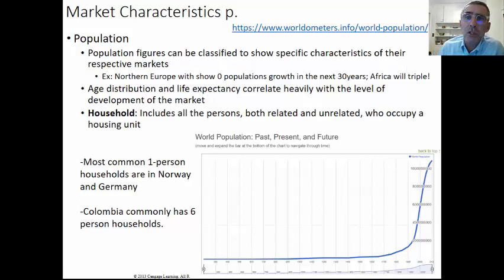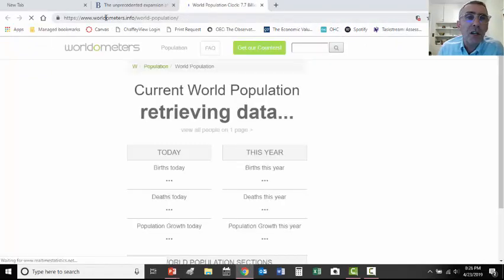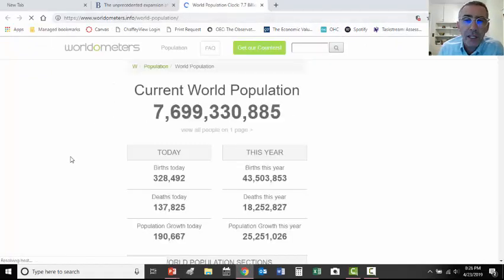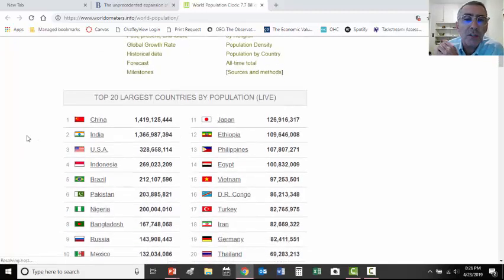This is cool. Again, let's see if hopefully I'm not pushing the boundaries of my computer. So this is Worldometers info, and there you go. It's kind of a cool, fun little website, and it gives you a current count of the global population. So we're at 7.7 billion people. It gives you the births, the deaths, population growth, but even more interesting, it gives you the